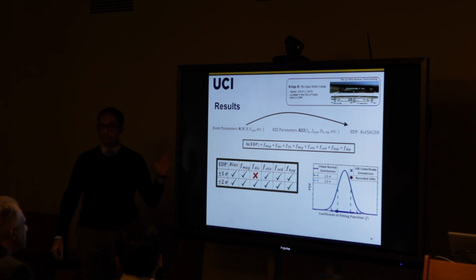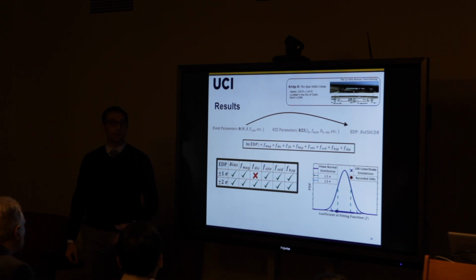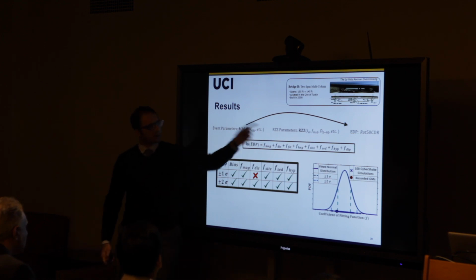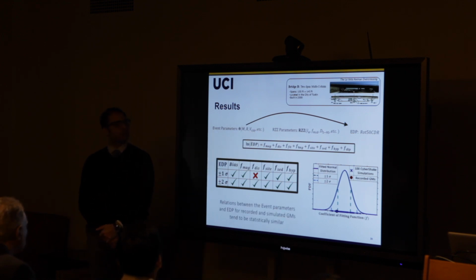They run these 100 catalogs of simulations into the bridges that they have, and eventually see that they're going to give them the service. So they say, I'm okay with what I have already. So what we do is to see if these RZZ parameters are sufficient. So the next step is to see